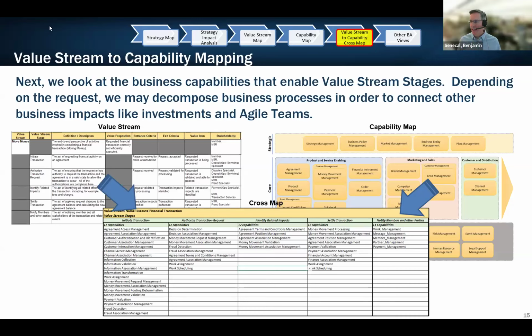Okay, I have one comment to add here. Much like TD Bank, our capability map is heavily influenced by BIAN. It's really a combination of both BIAN and the BA Guild's financial services reference model. It's probably 80% BIAN, 20% Guild reference map. Yes, and also if you could stay on that slide, Ben,